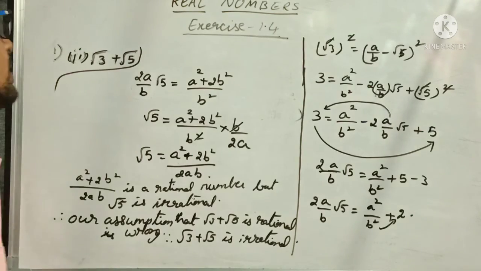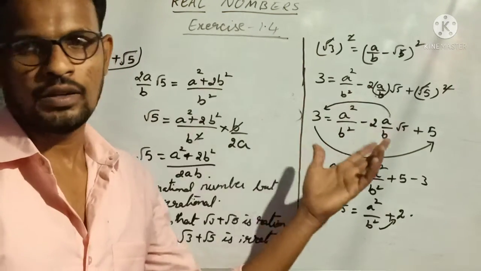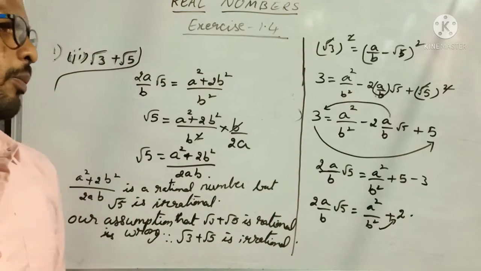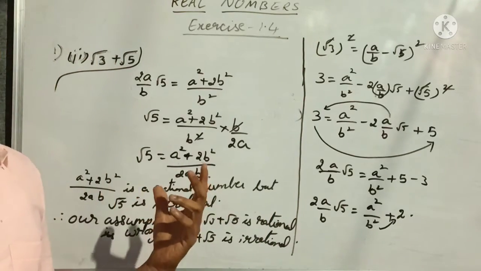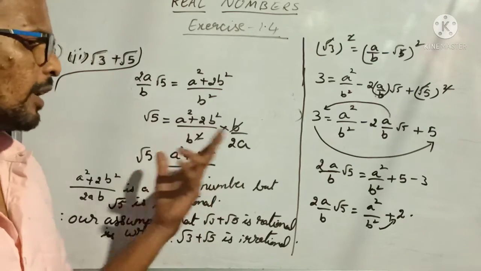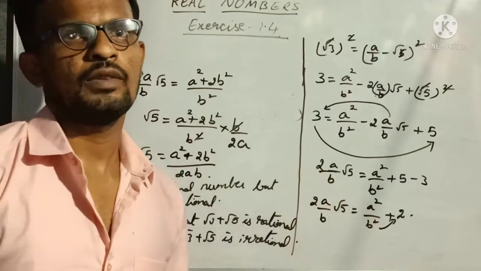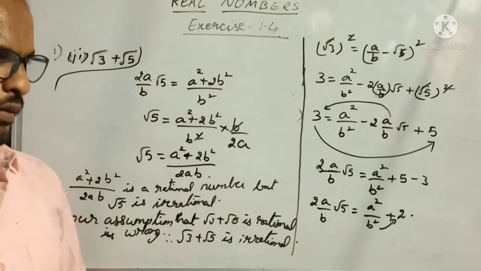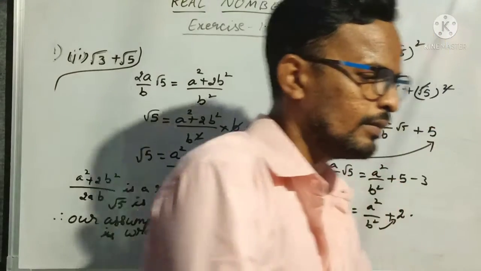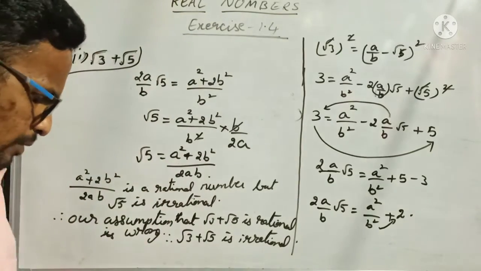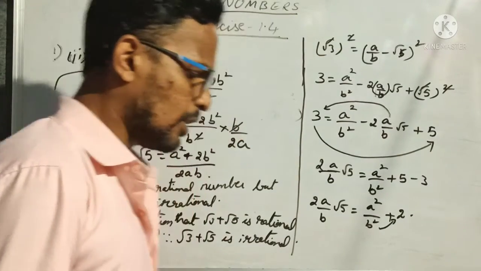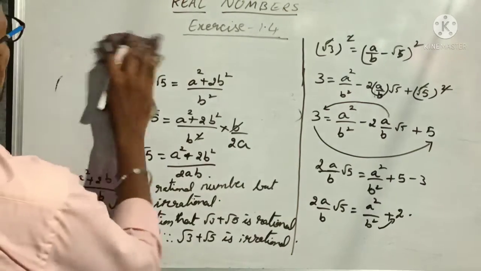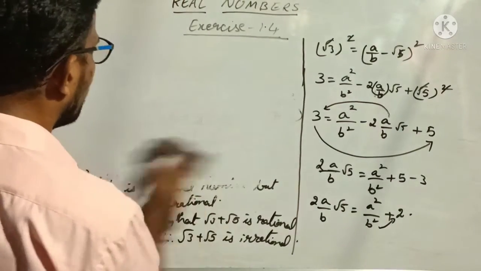Understood everybody? That is the first Roman, second one in our exercise 1.4. Okay? I hope everyone understood. Practice this problem. Very very important. 4 marks problem. This type of problems only you will get in the real numbers chapter. Clear? That's why I am explaining this much clearly. So next one more we'll do. Fifth one, sixth. So that third one you can do on your own by seeing the fifth one. Okay? So let me erase and do the fifth one now.